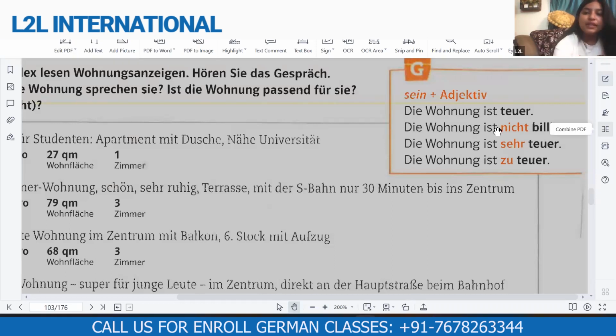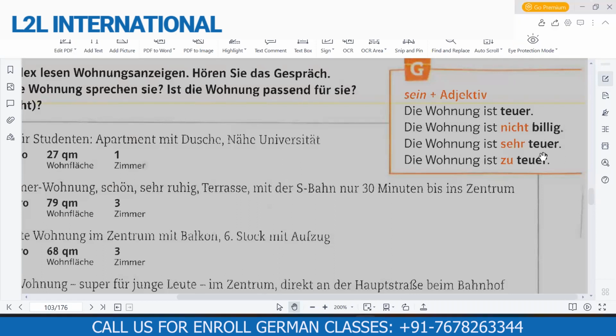But let's see, I'm using here a positive adjective. We can say die Wohnung ist ruhig. So die Wohnung ist sehr ruhig. Die Wohnung ist zu ruhig, that works. But if I have to say the opposite of ruhig, how do we say the opposite of ruhig in a sentence? That the apartment is not ruhig, or the apartment is loud. How do we say that? Nicht ruhig. Nicht ruhig, yeah, very good.